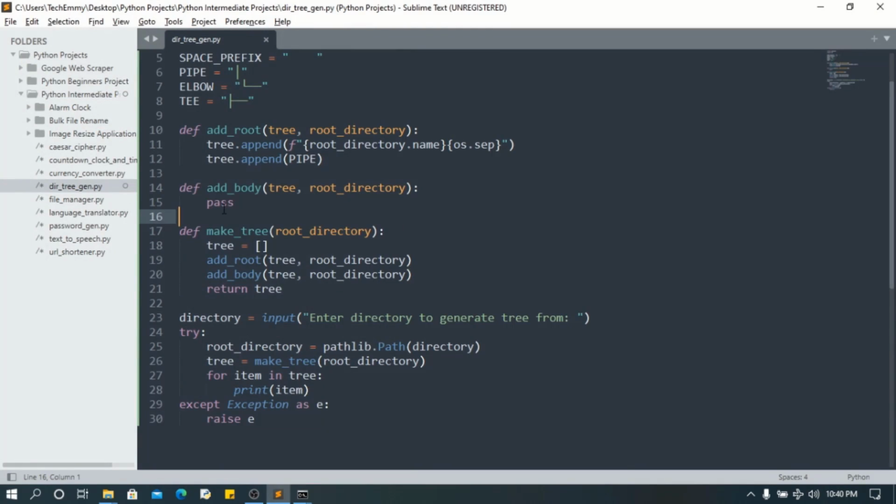Now we're gonna deal with the body. In the body, the first thing we're gonna do is check all the items in the directory, including the directories and the files in the present directory we are in, which is the root directory at first. We're gonna say